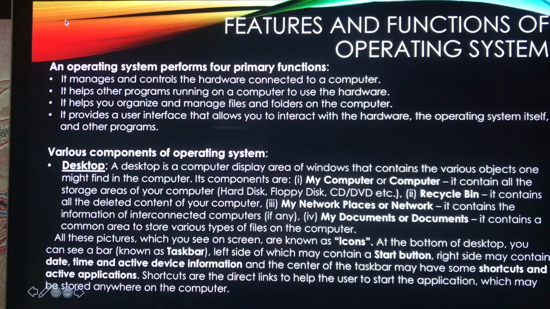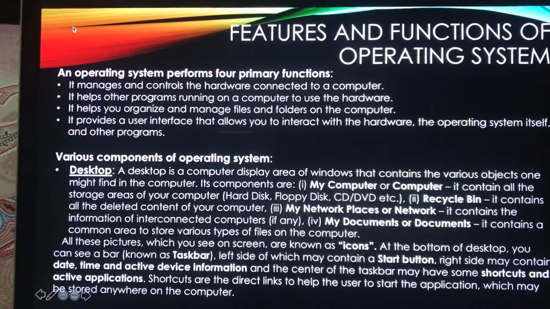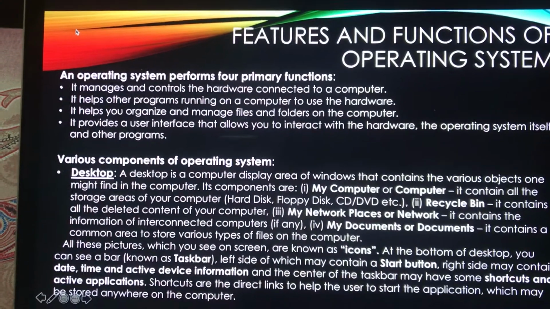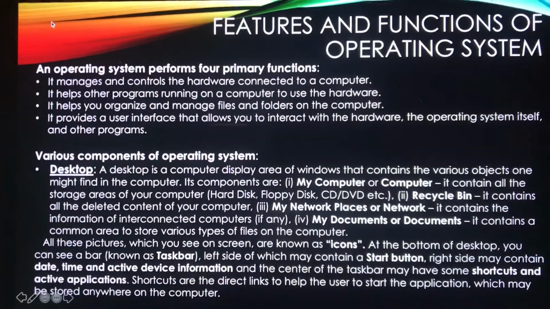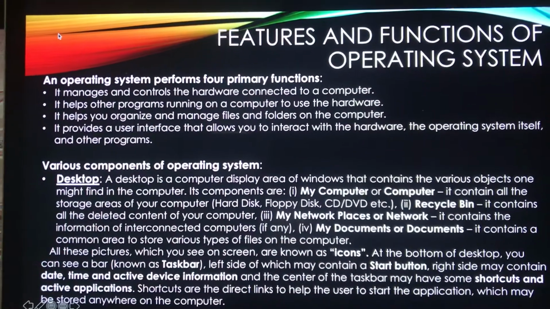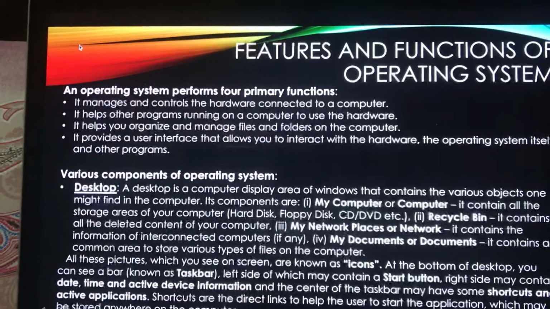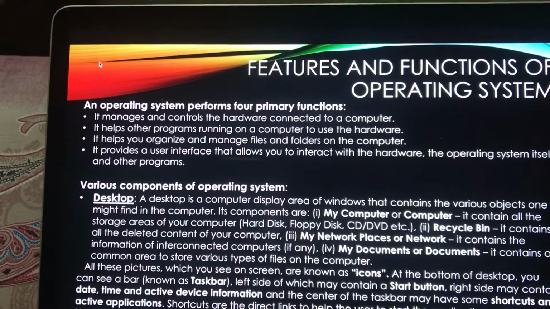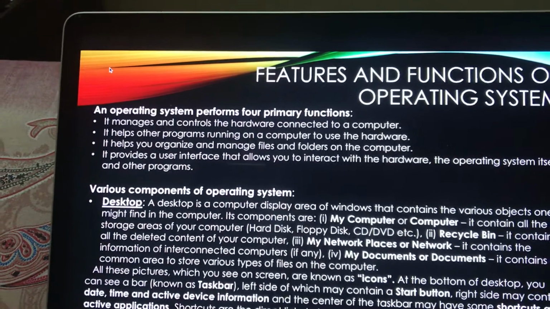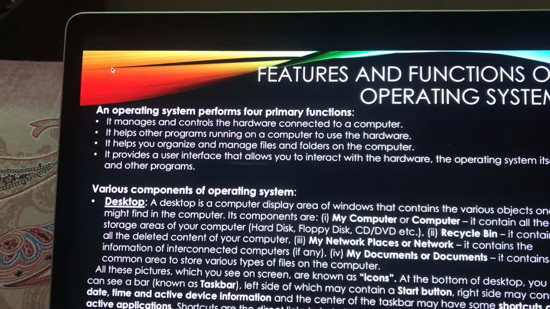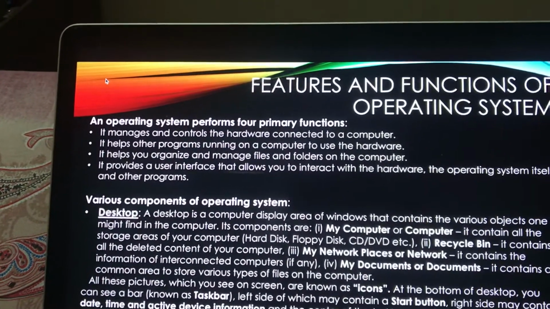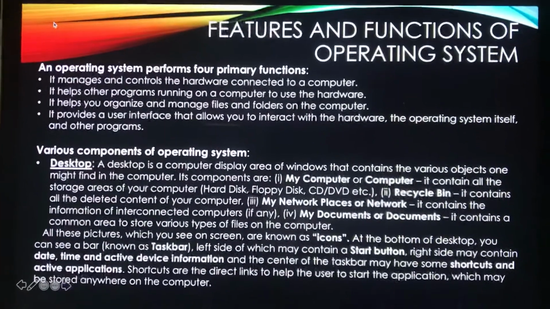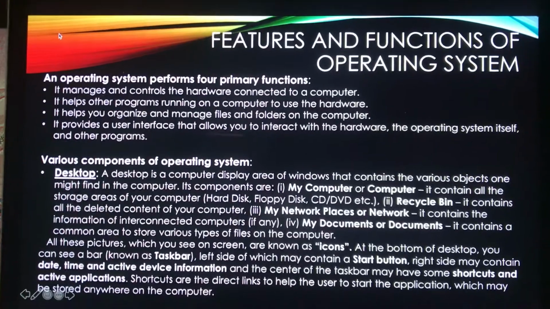So shortcuts help you open the application quickly, and it doesn't matter where that particular application or program is stored on the computer. That doesn't matter here. The next thing you need to know is that the area of the desktop will perform an operation on a left click of the mouse button. You can click on any shortcut or button to start an application or to perform the desired task. So do remember that you just have to click and then your program will start.